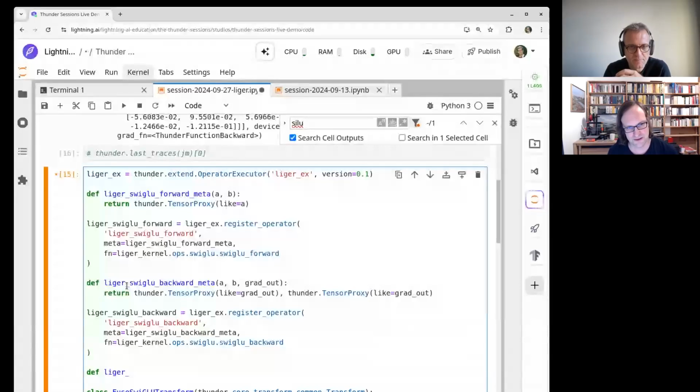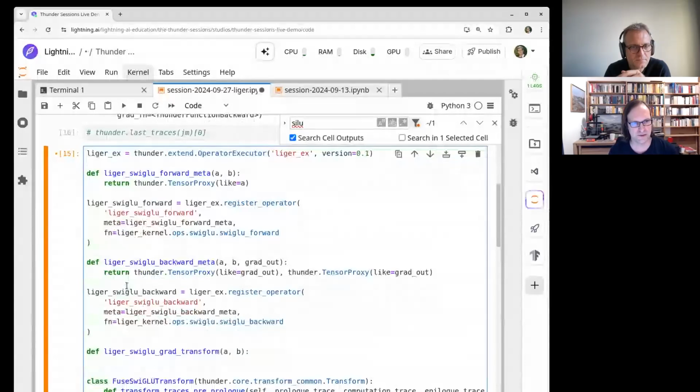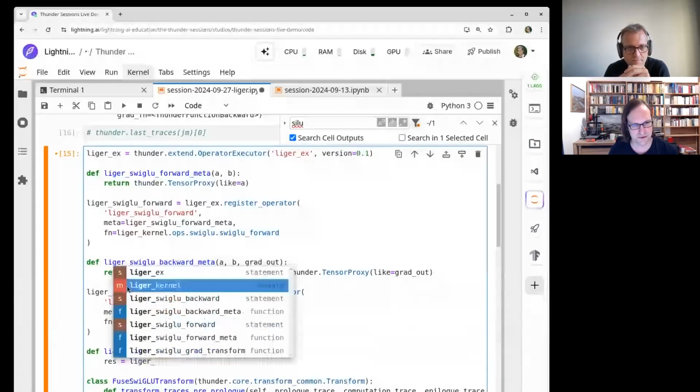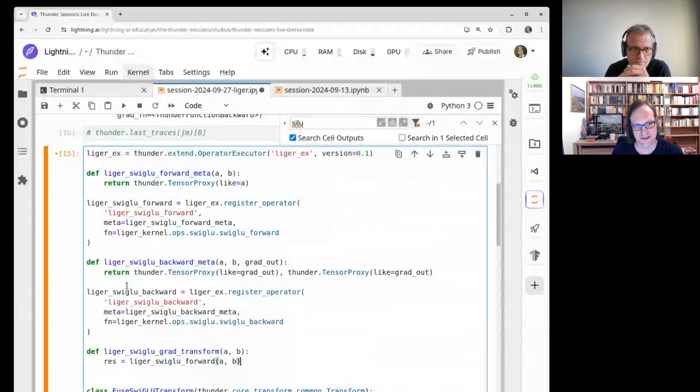Now we need to hook it up, and this was with a grad transform, right? Liger swiglu grad transform, and this needs to take the same parameters as the forward, and so we first call the forward. So the result is Liger swiglu forward. And Thunder, when it constructs the trace, will execute this with the meta functions, and then take it apart, right?